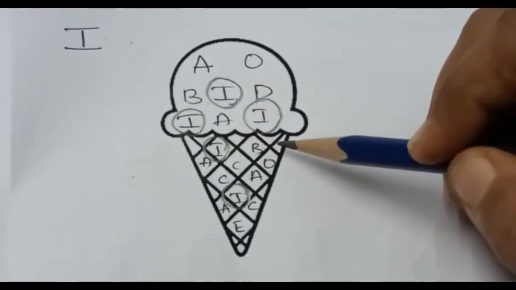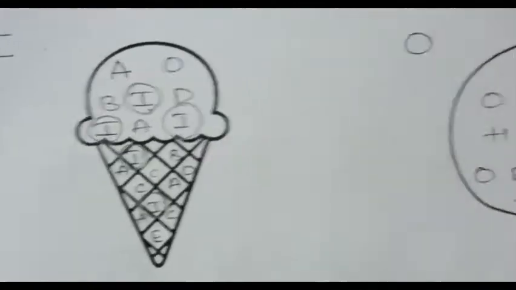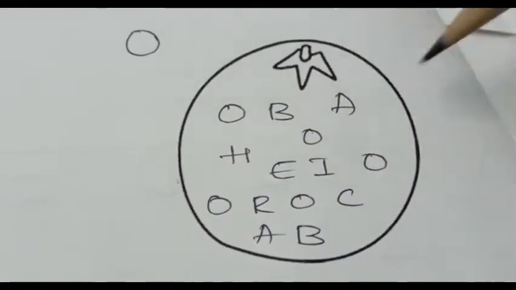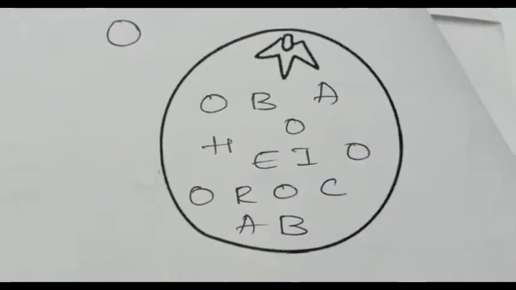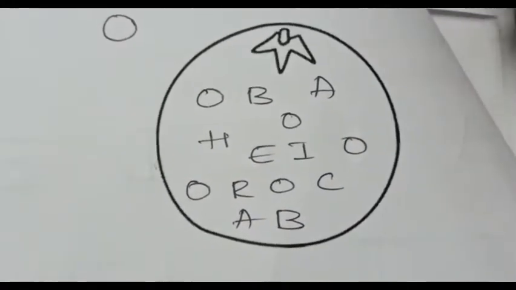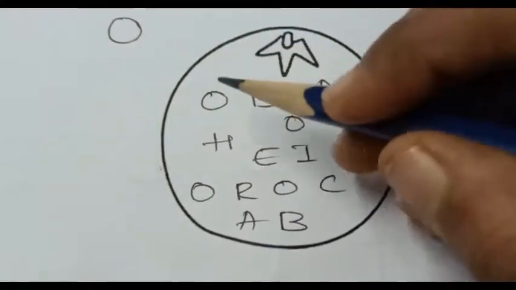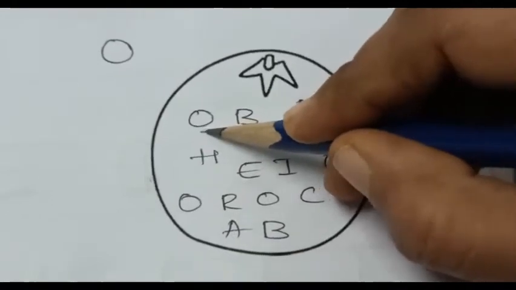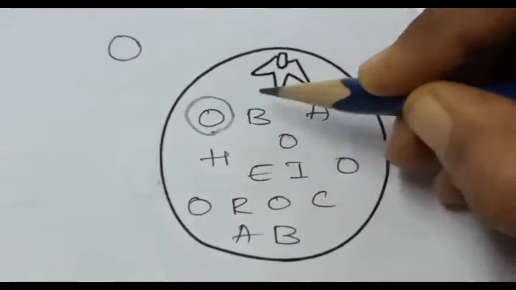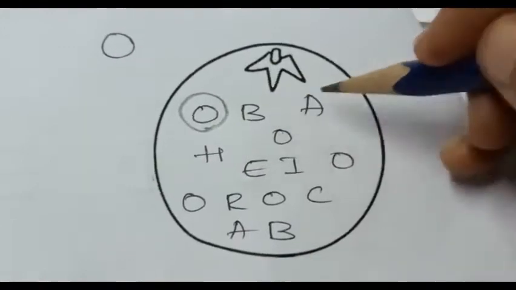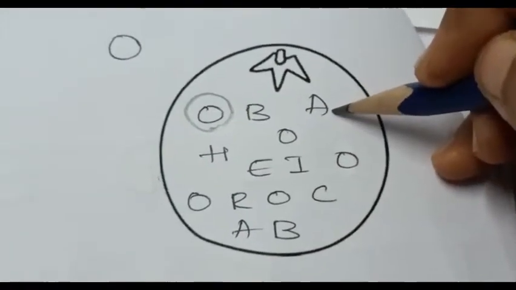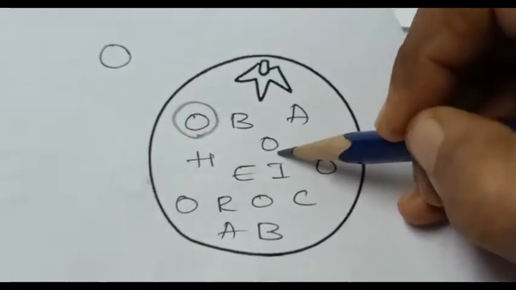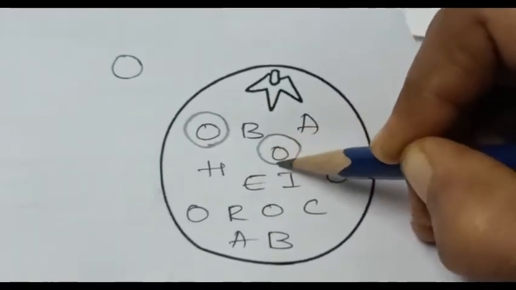Now let's see which is the next letter given. It's capital letter O. Yes. And in this image we will be finding and circling capital letter O. So here is it letter O? Yes. So let's circle it. Is it capital letter O? No. Is it letter O? No. Yes. So let's circle it.